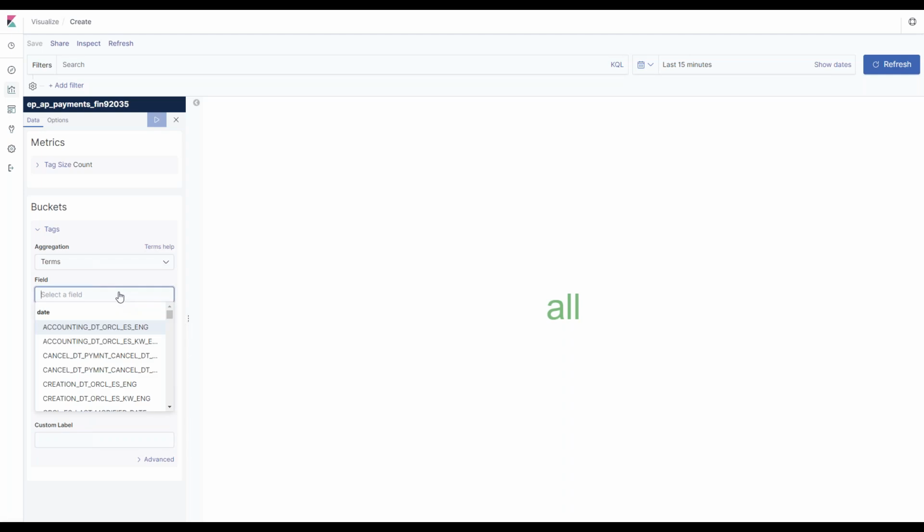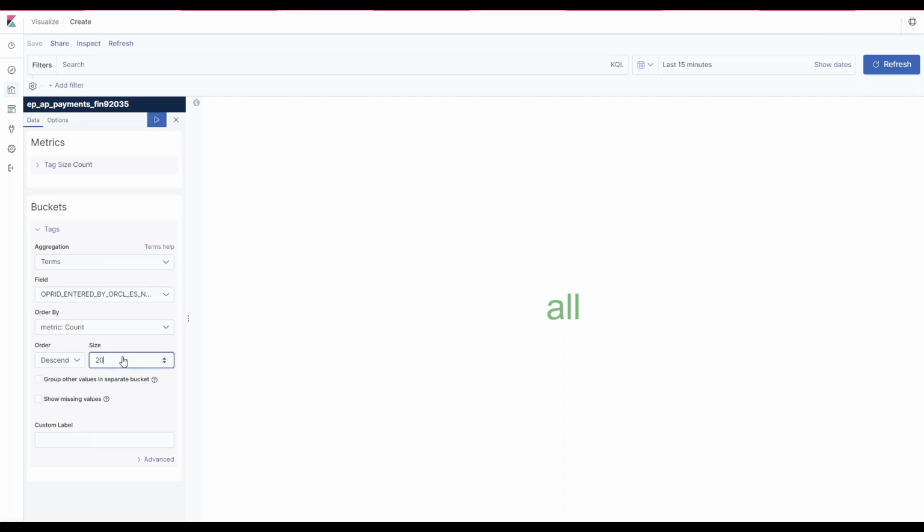In here, I was just selecting Oprid. This may not fully make sense, I guess it does. I mean, if you want to see which users created which transactions. So Oprid, entered by Oracle, and I'm going to select the non-indexed version. And then how many of these do I want to see? I don't know. We'll just say maybe 20 users.